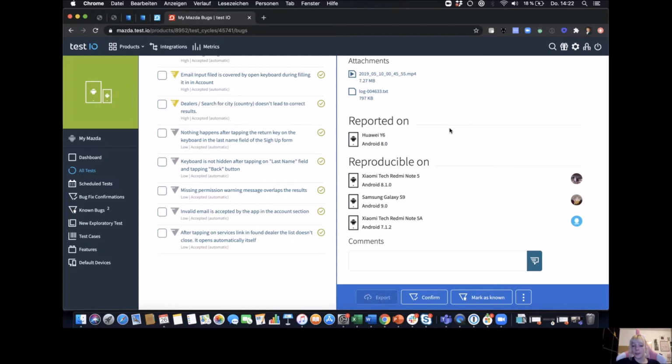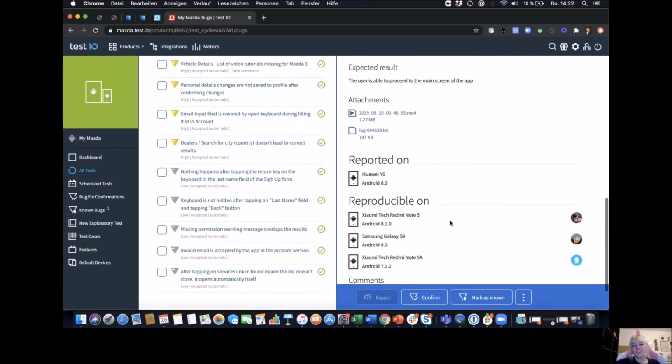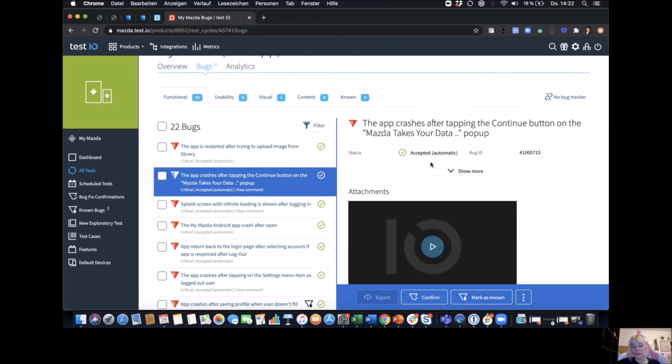Now that you've seen a bug, there are a few things you can do to interact with the bug. This one is already accepted. Before bugs are accepted, you have a 10-day period to work on them, where you can accept them or reject them, maybe because they're known issues, for example, and you could also reject them because they're edge case